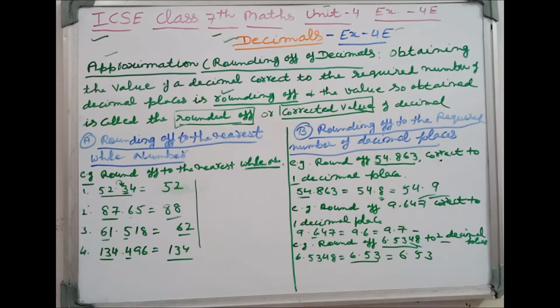right? Whenever we round to two decimal places, we will see whether the third decimal place is 5 or more, or less. If it is 5 or more, then add 1. If it is less than 5, then we will write it as it is, right? In the same way, take the next example,